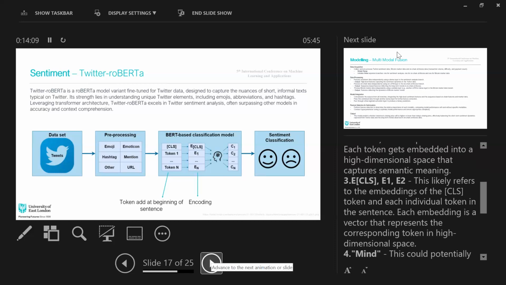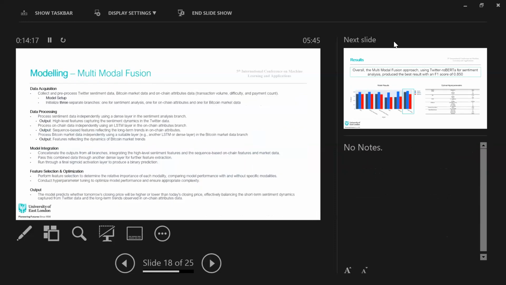Then the last technique that we used was a kind of multimodal fusion model. So essentially what we did is we initialized 3 separate branches: one for sentiment analysis, one for blockchain data, and one for the Bitcoin market data. And the process that we went through was we processed the sentiment data independently using a dense layer in the sentiment analysis branch. So the output of that would be the high-level features that captured the sentiment dynamics in the